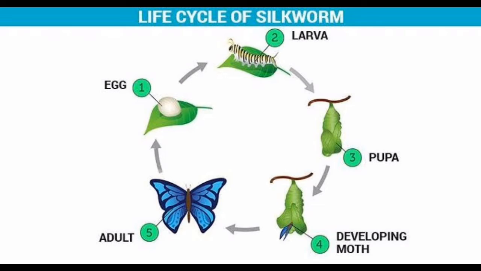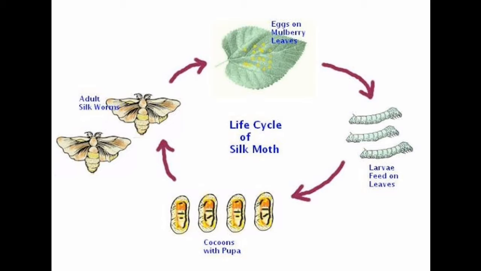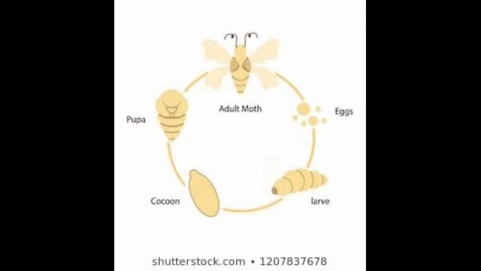These larvae secrete a special fluid from the mouth, which hardens on exposure to air and forms the silk fiber. The larva covers itself completely with these fibers and this stage is known as the cocoon. Inside the cocoon the larva changes to pupa. Silk fibers are obtained from the cocoon of the silk moths and these silk fibers have strength equal to steel wires.